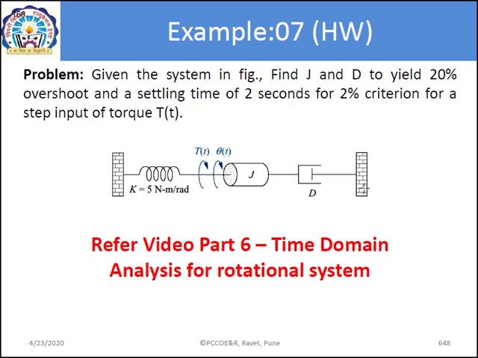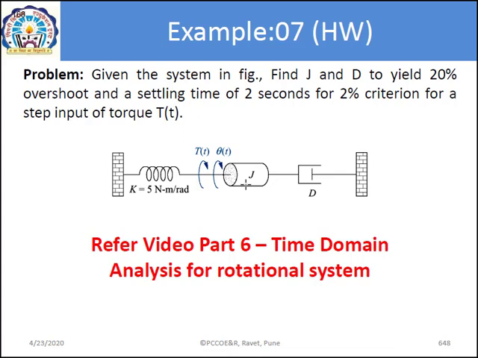The most important part in this numerical is to get the transfer function. Once you have the transfer function in terms of J, D and K, then we'll substitute the known values, like K, and by comparing with the standard form of the transfer function for second order systems, we may get a relation between zeta and omega n. And we have the percentage of overshoot. From this percentage of overshoot, we'll get the damping factor, and from settling time we'll get the natural frequency. So all these values will correlate and we'll get the desired values of J and D.